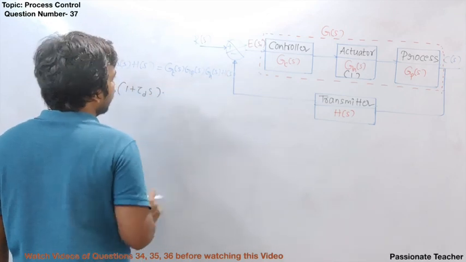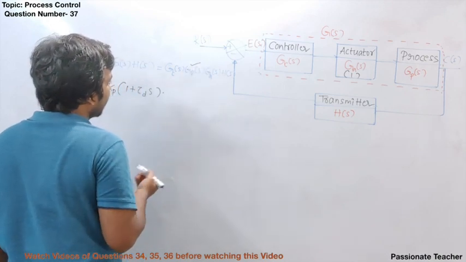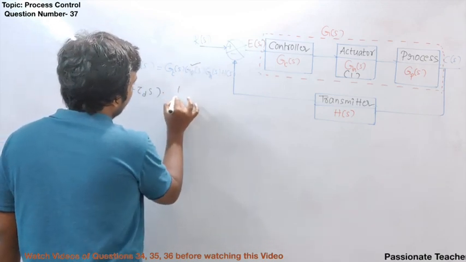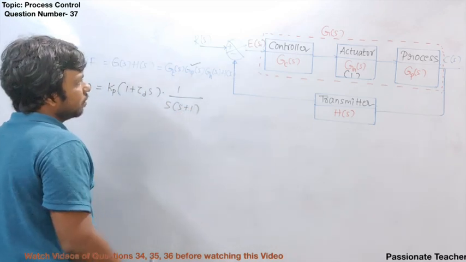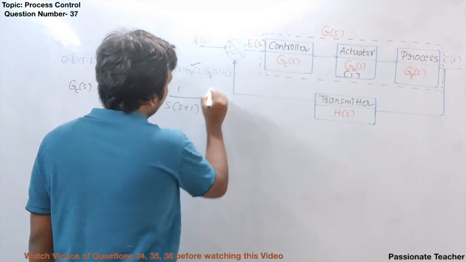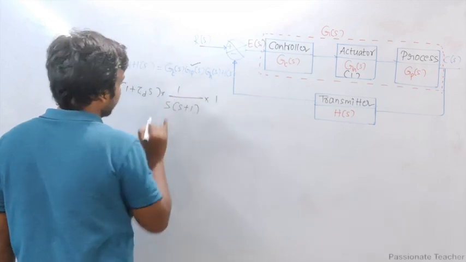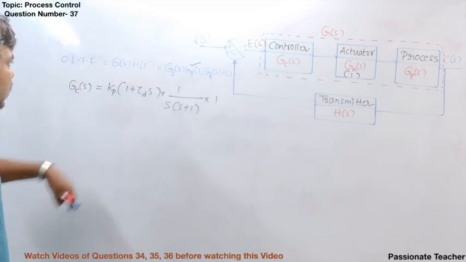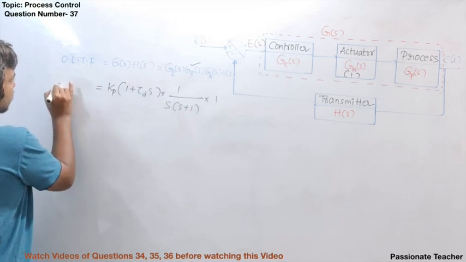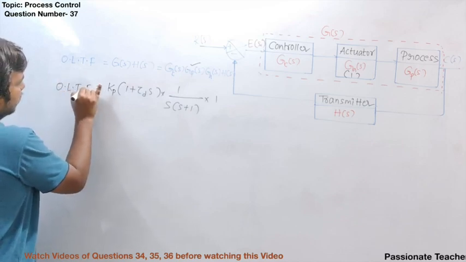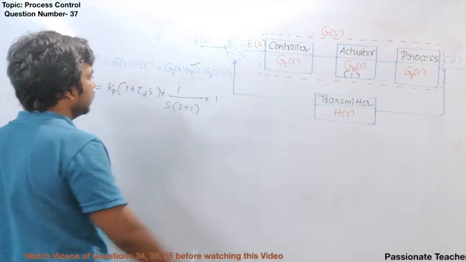Now the game comes here with the GP of S. So let me say GP of S, that is a process as a second order transfer function, that is 1 by S into S plus 1. And H of S, let's consider this feedback as unity feedback, so it is going to be 1 here. Clear? After this much, we got the open loop transfer function of the closed loop system completely, because I have substituted each of these.